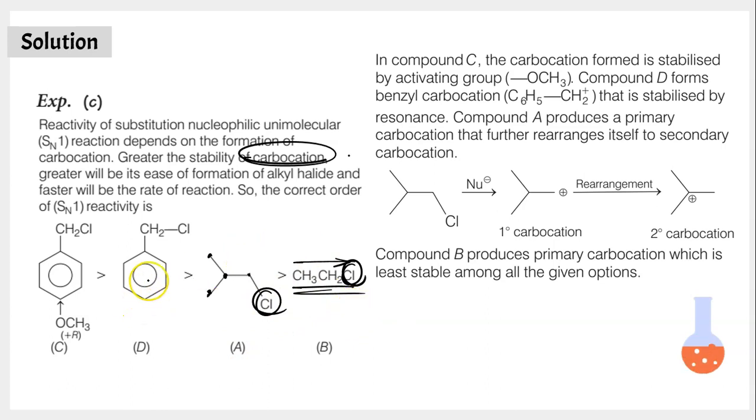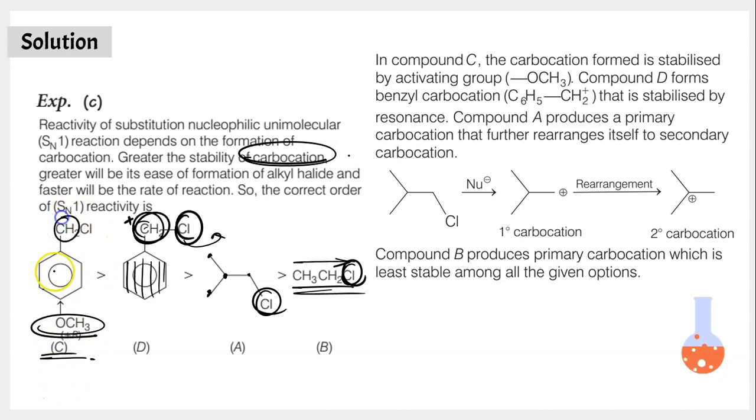When you look at molecule D, because you are having benzene and this benzene somehow is drawing electrons from the adjacent CH2 group, the chlorine is a little unhappy and the chlorine is tending to get out of the molecule. And if the chlorine gets out of the molecule, there's a scope that a CH2 plus carbocation is formed at this spot. And molecule C, due to the presence of a methoxy group, has a tendency to push electrons towards this CH2 group as well. As a result, the chlorine over here is literally unhappy, and because the chlorine is unhappy, it would want to break away.